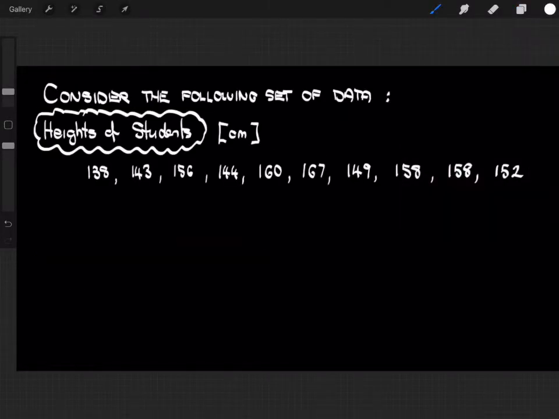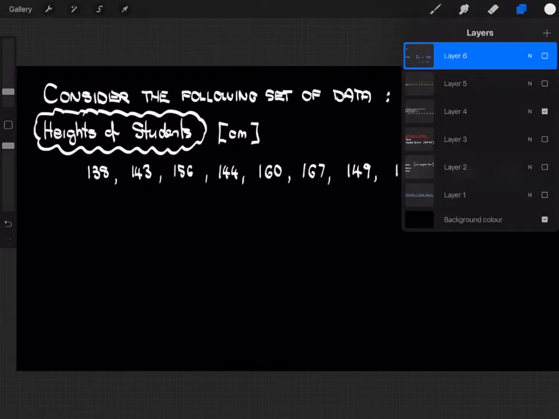Imagine we've got the following heights. These were measured randomly in a class of 10 students, and all of these measurements are in centimeters. So we've got 138, 143, 156, 144, and so on. The first thing I'll show you how to do is work out the mean. The mean is probably the easiest of the lot to determine, and the way we do that,